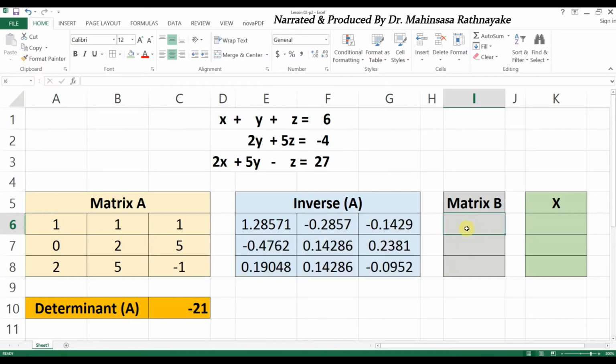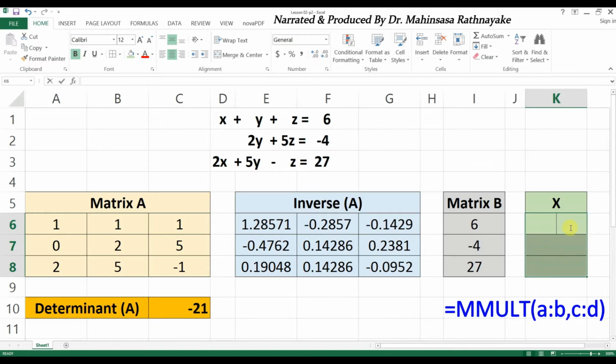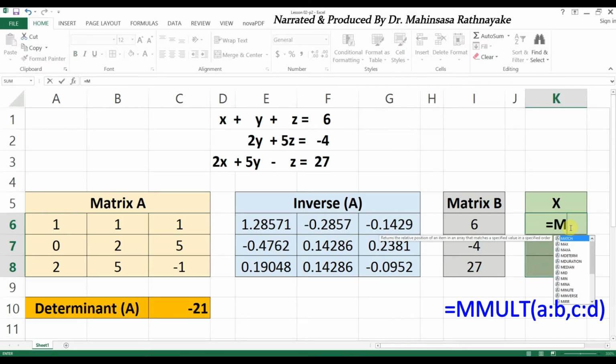Then we insert the matrix B, that is a column matrix 6, minus 4 and 27. So we need to find the variable matrix X by multiplying the inverse matrix A and matrix B. The Excel function for matrix multiplication is MMULT, and we mark the two matrices in array form separated by a comma.